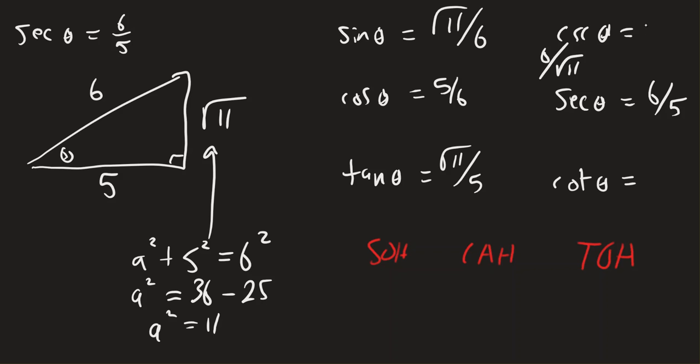You would want to multiply the top by the square root of 11 and the bottom by the square root of 11, and the square root of 11 times the square root of 11 would be the square root of 121, but that just turns around and becomes 11. And cotangent's the reciprocal of tangent, so if I was to flip that one over and rationalize, the top gets multiplied by the square root of 11 and the bottom gets square rooted by